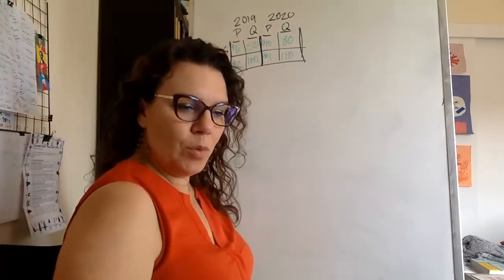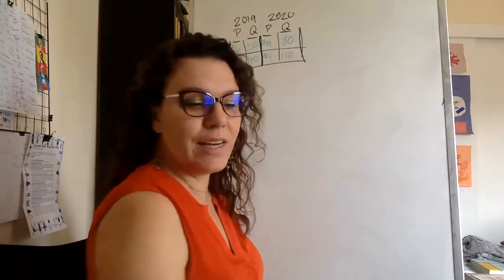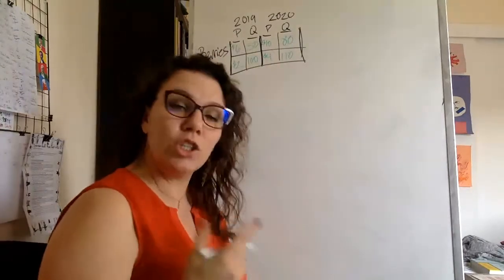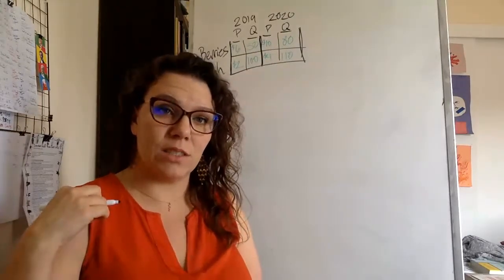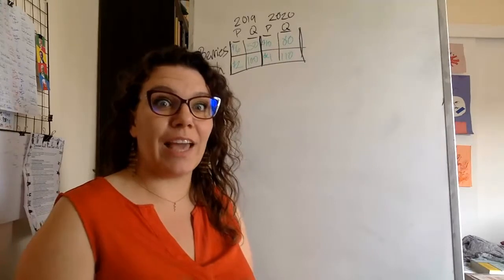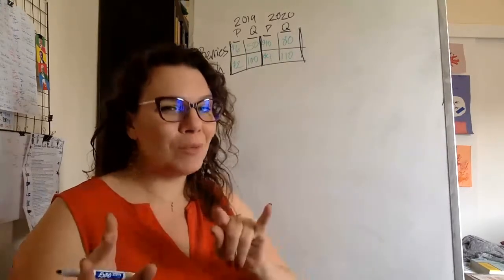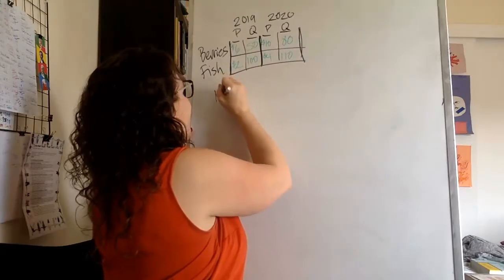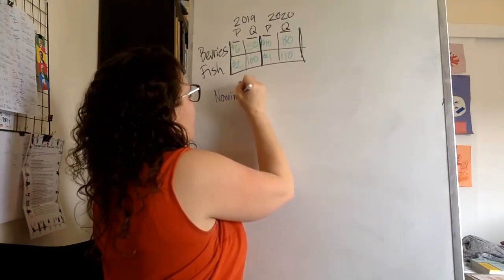So the first thing we want to do is calculate nominal GDP. And remember, nominal GDP uses the current period's prices, so we don't adjust for inflation. To adjust for inflation, we would be looking at real GDP, which we will when we get to the GDP deflator. But for now, we're going to get the nominal